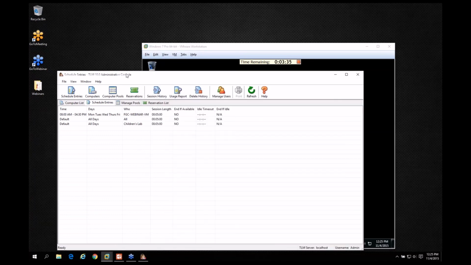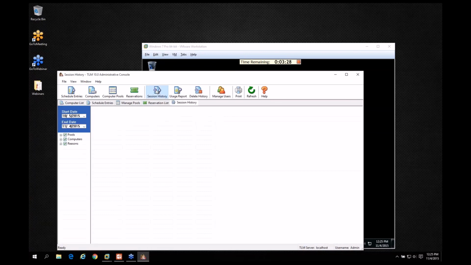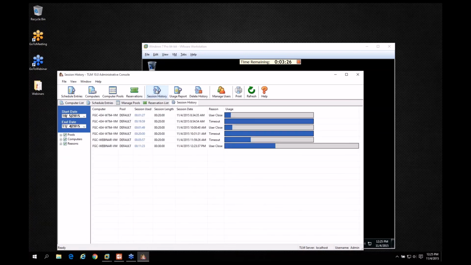While we're waiting for that, we'll go ahead and take a look at the reports. There's 2 different reports you can see inside of TLM. One is the session history, and this one allows you to see each individual session. This is kind of like a transaction report, and so these are the different sessions that have run on the computer. I've just set up this installation recently, so there aren't a whole lot of sessions that are in here,